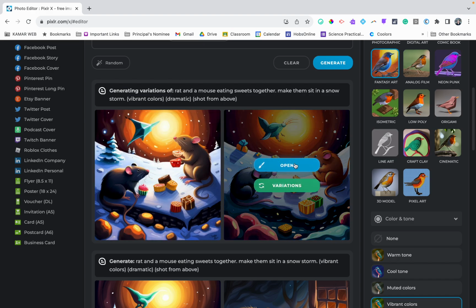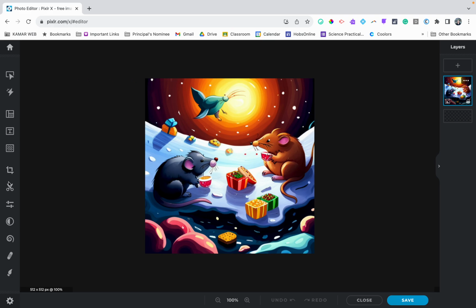So I can then also open it and I can use Pixlr to edit it. For those of you who know Photoshop, it has a lot